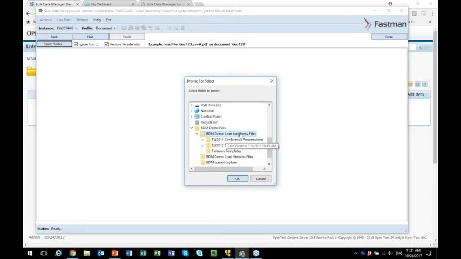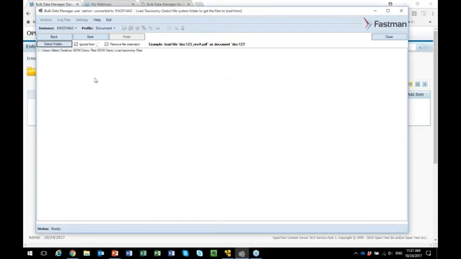All I need to do is select the top folder. I don't need to worry about the folder structure underneath it. I just need to select the top folder, and I say OK. So now it knows where the documents have got to come from. I click Next,